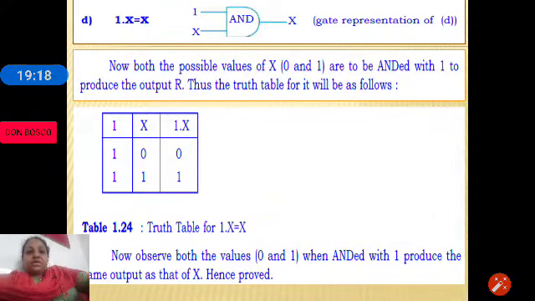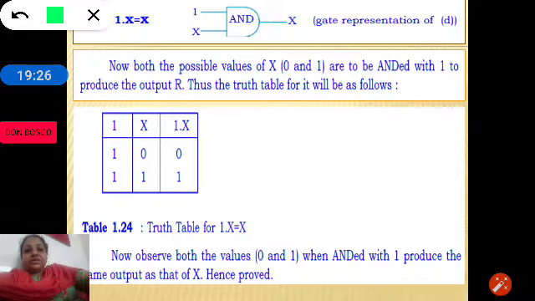Both the possible values for x are 0 and 1. The other value is a fixed value, which is 1. The x value is 0 and 1. So 1 ANDed with 0 is 0, and 1 ANDed with 1 is 1.